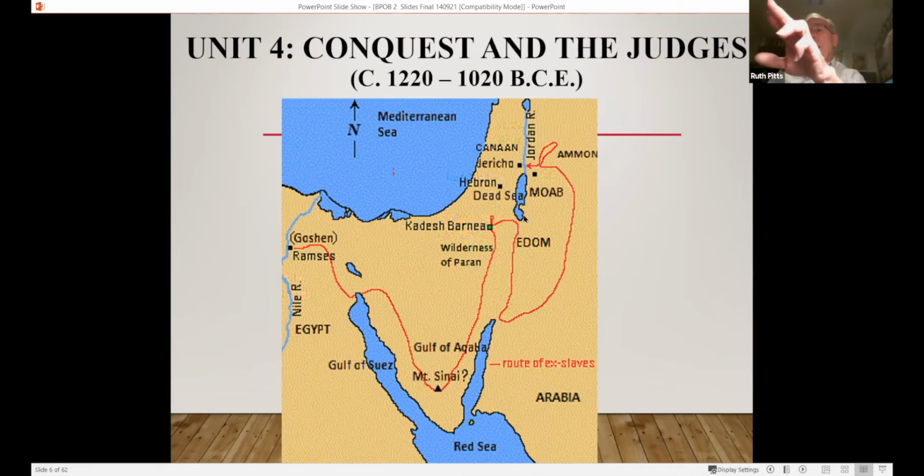Now, on the right side of the Jordan River, it's flat, but it's elevated. So you have a kind of a step situation there. And you will have, from the point of entry and to the north, the Hebrew people will occupy two and a half tribes will live in that area, but most of them are going to go into Canaan itself. So the conquest that we're talking about now, as you can see here, is dated for a 200-year period, 1220 down to 1020 BCE. All right, let's move on.